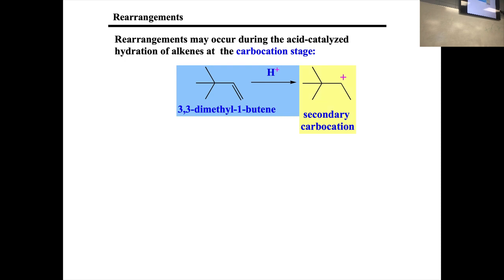Right? So there's my carbocation. I would start looking at things that are attached to it and ask, can anything rearrange? If one of these hydrogens shifts, I get a primary carbocation. That's not going to be any good, right? But what happens if one of these methyl groups shifts? So if this methyl group moves over here,